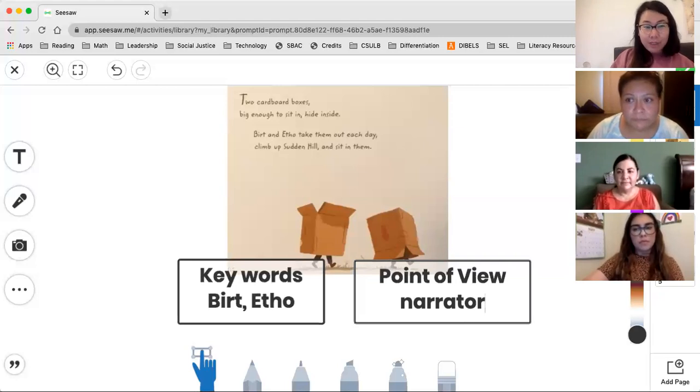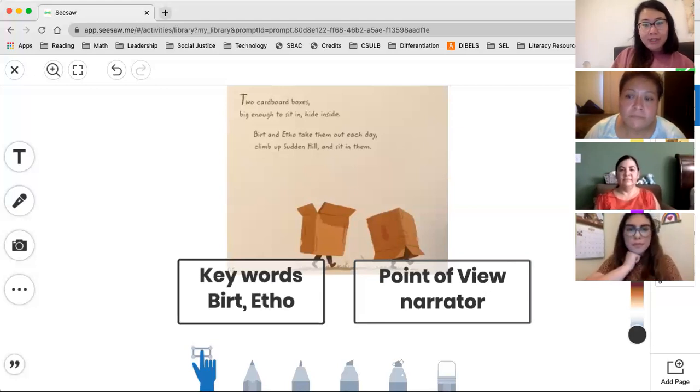Sometimes, actually in a lot of our picture books, we hear the story in the point of view of the narrator. And the narrator is kind of like someone who's watching this happen, watching this story unfold, and not like Shu though, just completely outside of the events and just telling you what they are seeing. So the narrator does have a very important part in the story because it's in the point of view of what the narrator is seeing or witnessing. Okay, so awesome job. I'm glad that Ms. Hernandez, you helped us clarify that, because no characters in the story are telling us this in their point of view. It is through the narrator.